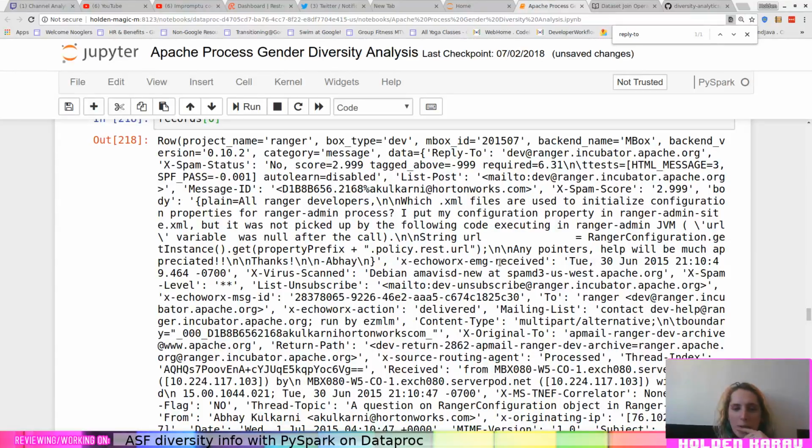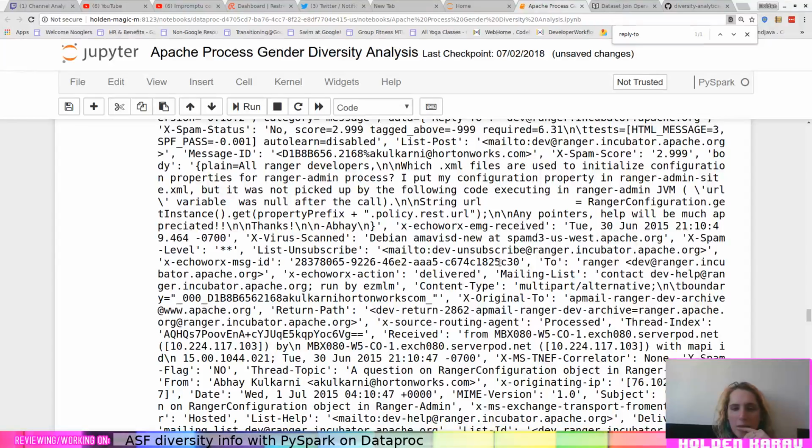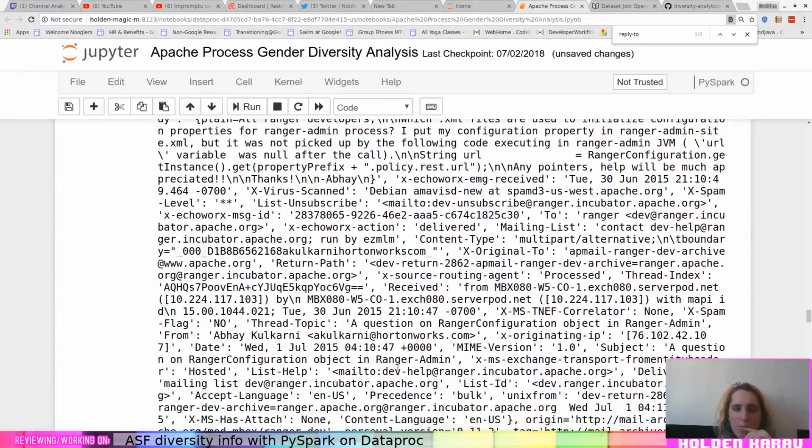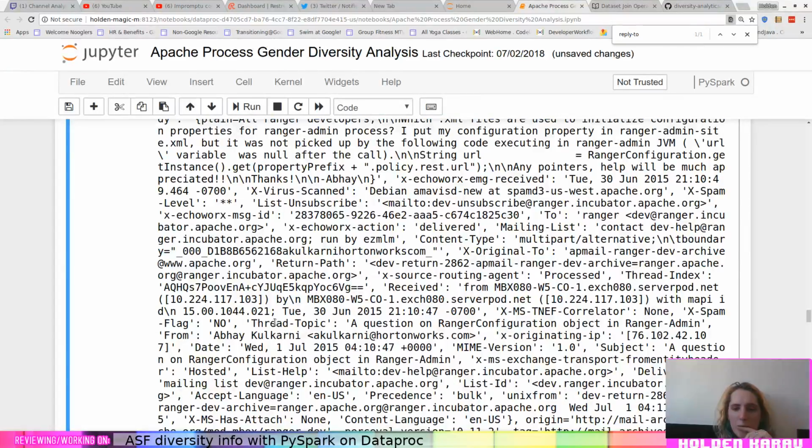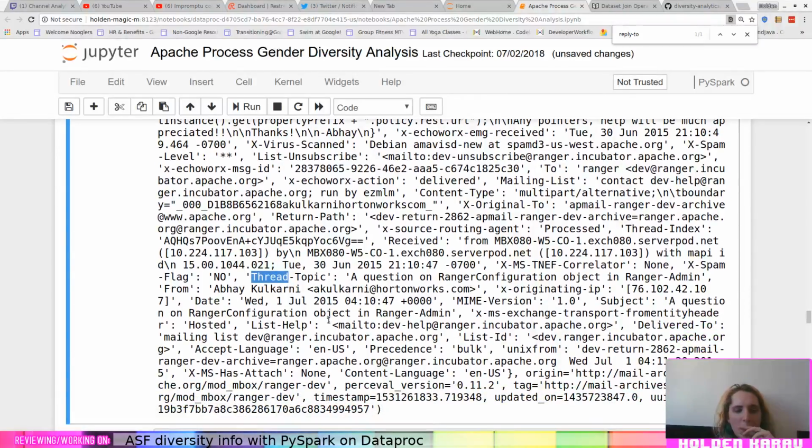It's the return path. Okay, so that's the thread topic is useful, but then I'm going to have to do something a little bit frustrating. We'll have to do this in multiple stages.